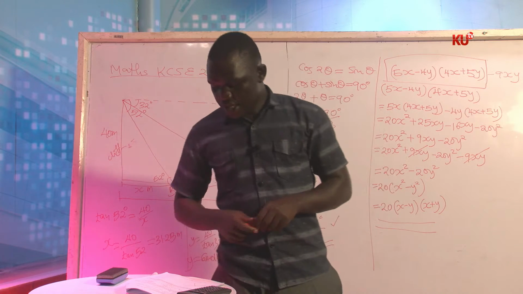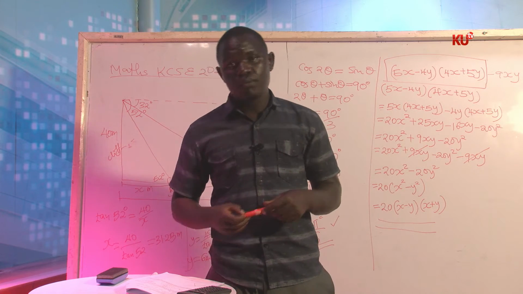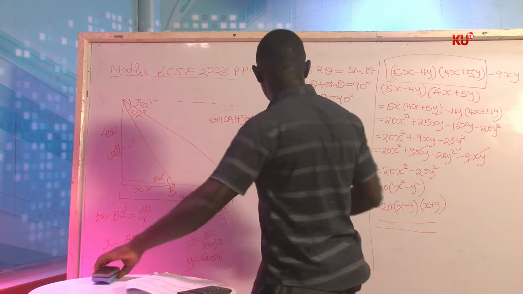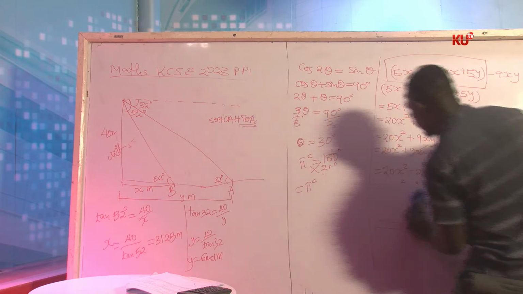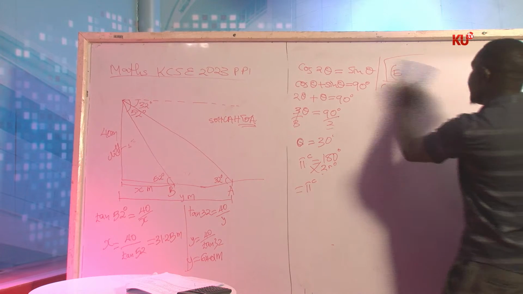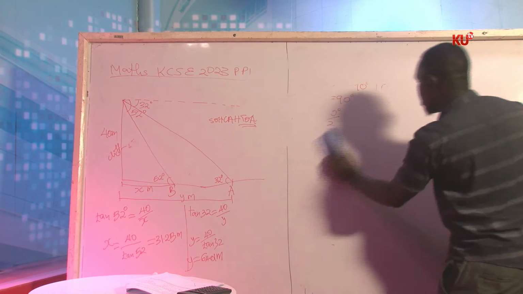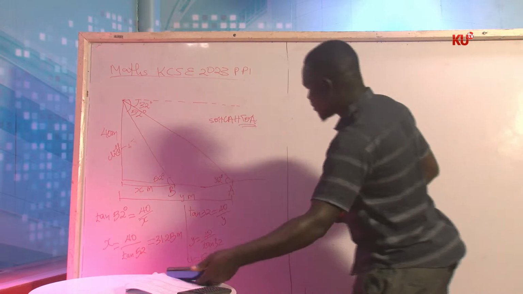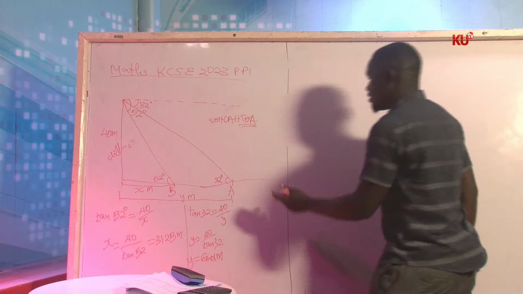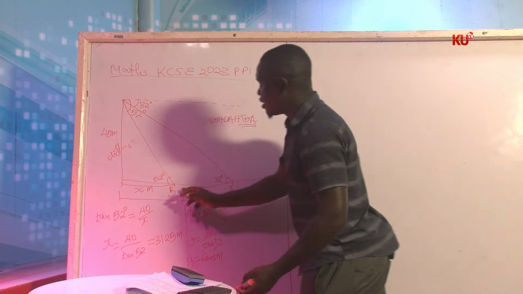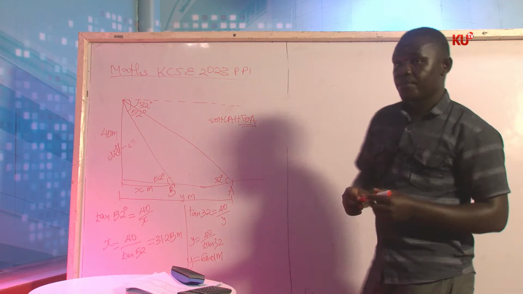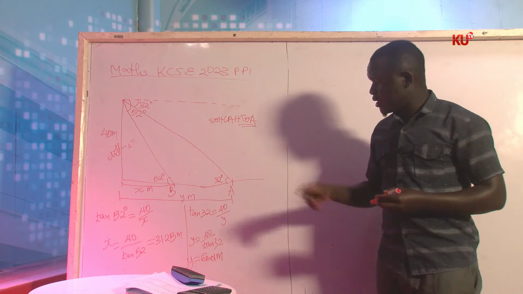the cliff. Now, they want the distance between the two boats, meaning they want the distance AB, dear students. Now, how do you get the distance AB in that diagram? In order to get the distance AB, if boat A to the bottom of the pole is 64 and B to the bottom of the pole is 31.25, therefore,